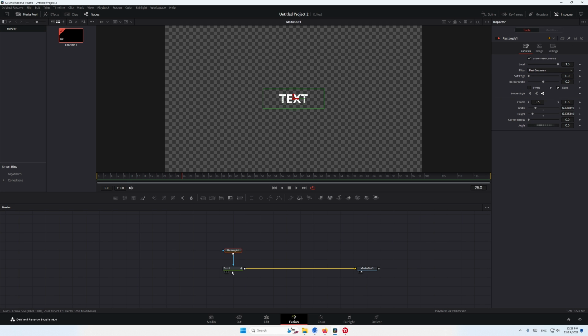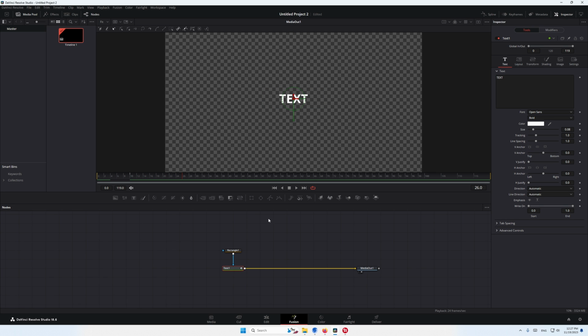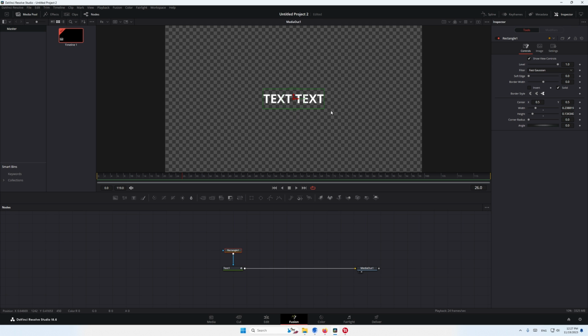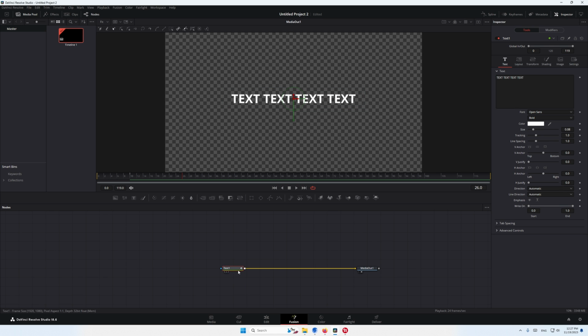Now the problem here, if you want to use this one for this specific text, that's fine, but if you want to use it over and over with different text, if we let's say we add a few words, you can see that the text disappears and you've got to go back to your rectangle and increase the size of the mask. But we want to do this dynamically, so let's delete our mask and copy our text one,